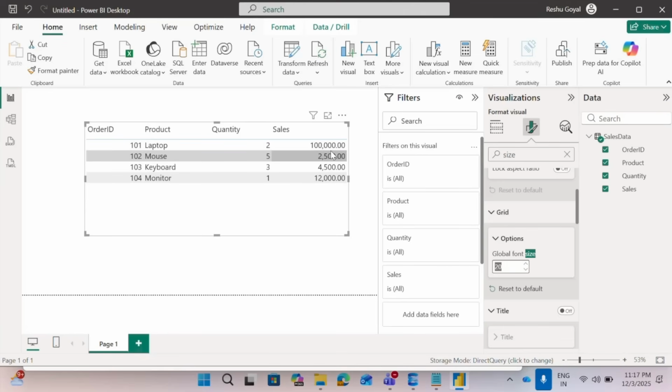So every visual pulls the data live from SQL each time. But remember, every click sends a query, so it can be slower for very large databases. In that case, we have to be a little more cautious. When it comes to a very huge database, there is a small catch. Every click sends a new query, so reports can feel slower when your data set is very huge, is massive, is humongous. So just take care of that part.